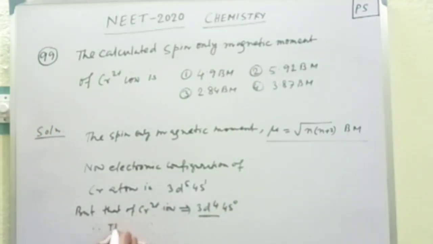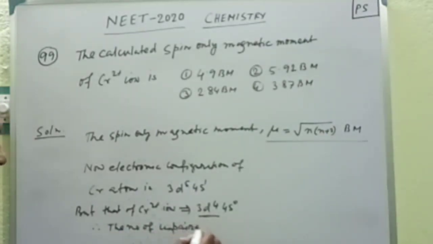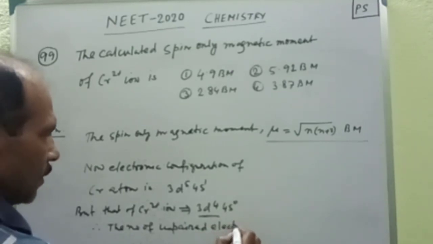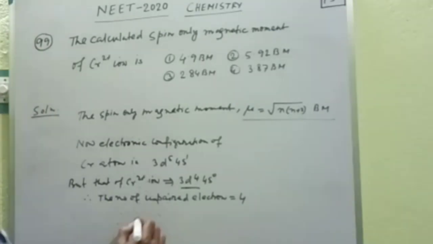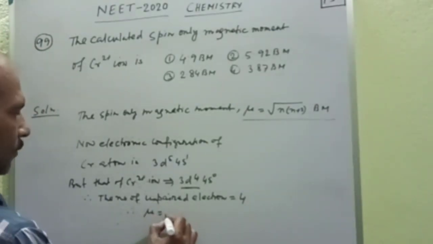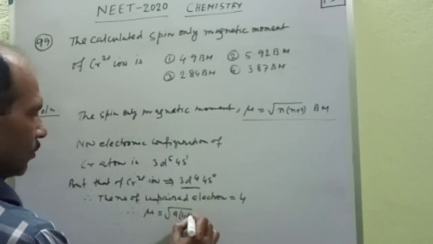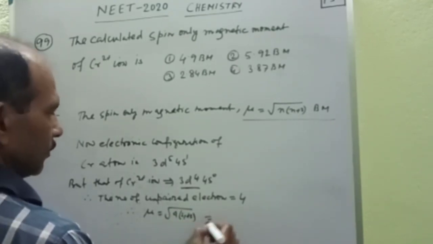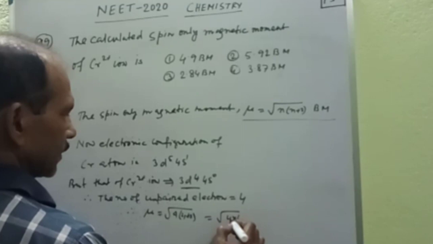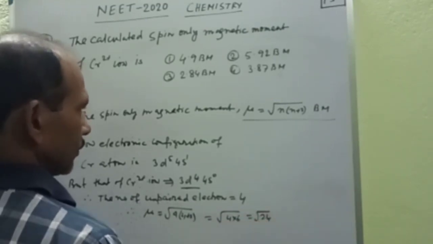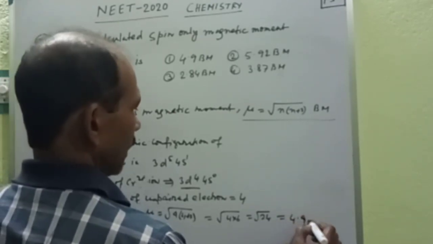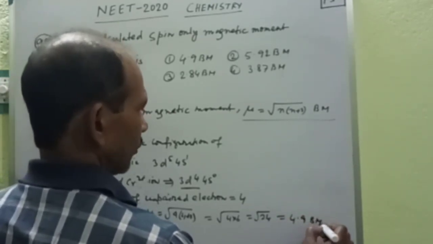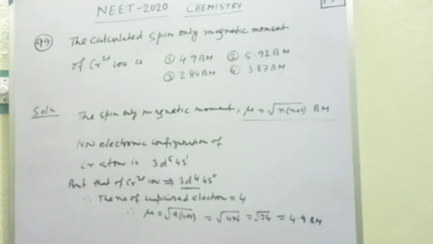Therefore, the number of unpaired electrons is equal to 4. Therefore, mu equals root over 4 into 4 plus 2, equals root 24, which is 4.9 approximately. Therefore, the right option is